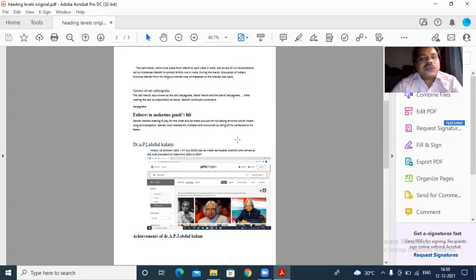So in this particular document, the heading levels are differentiated using the font size and the font style. So this is the second point the tester has to keep in mind. So sequence is the main thing.